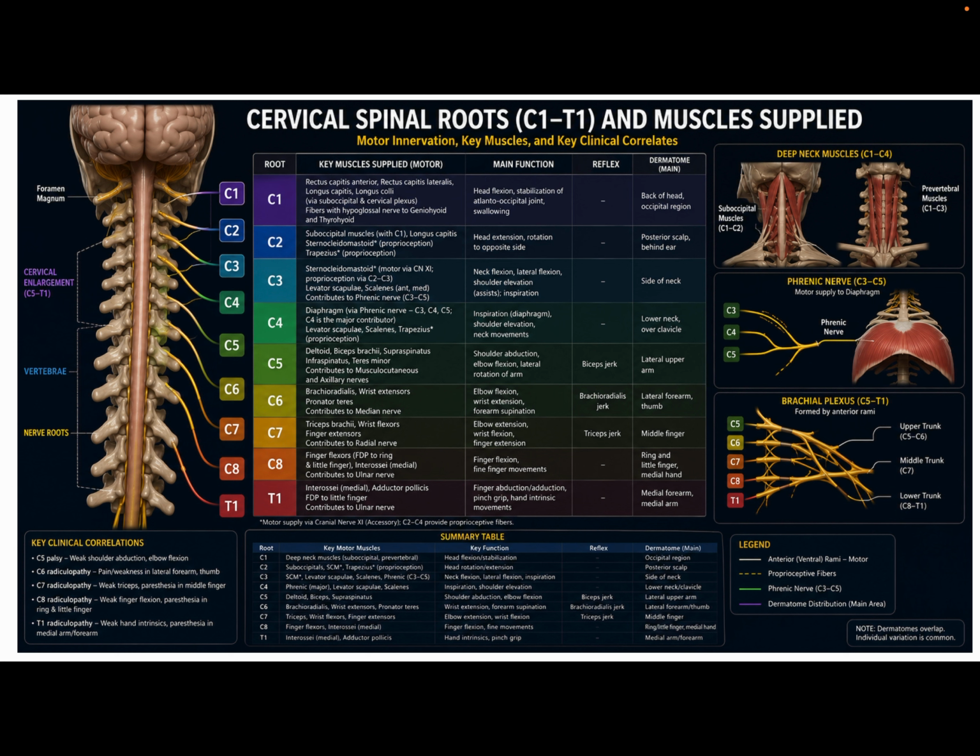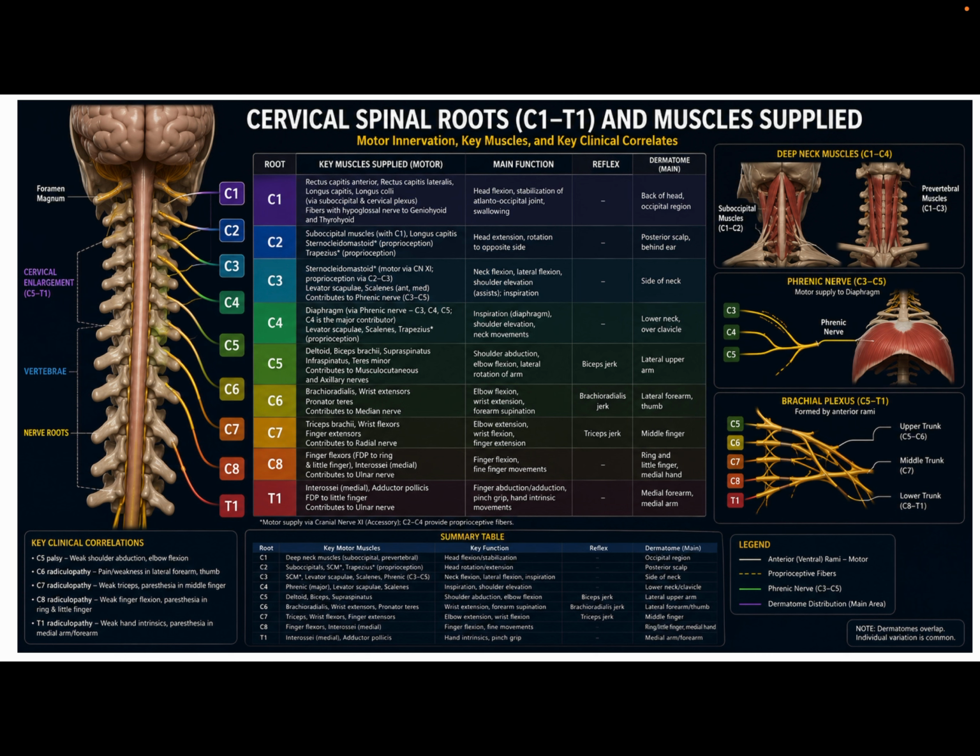Phrenic nerve. It arises from C3, C4 and C5 with C4 providing the major contribution. Remember, C3, C4 and C5 keep the diaphragm alive. Then I will go to